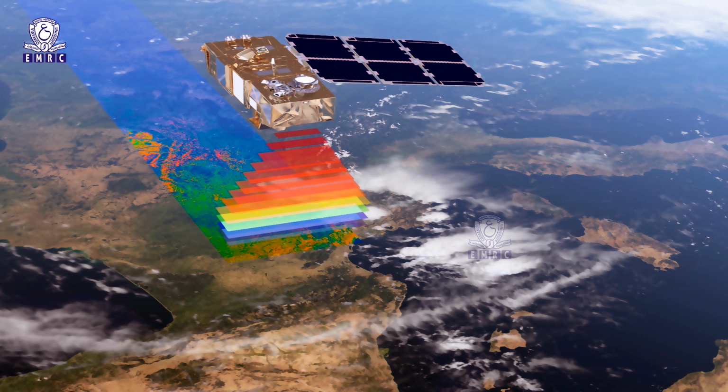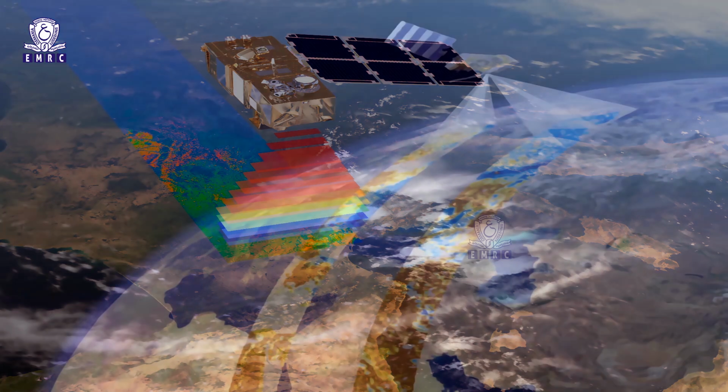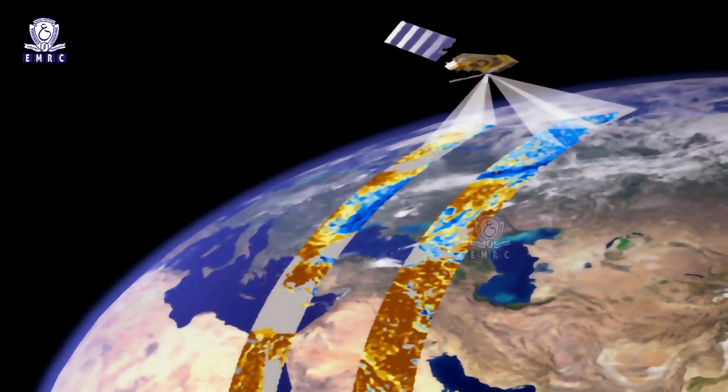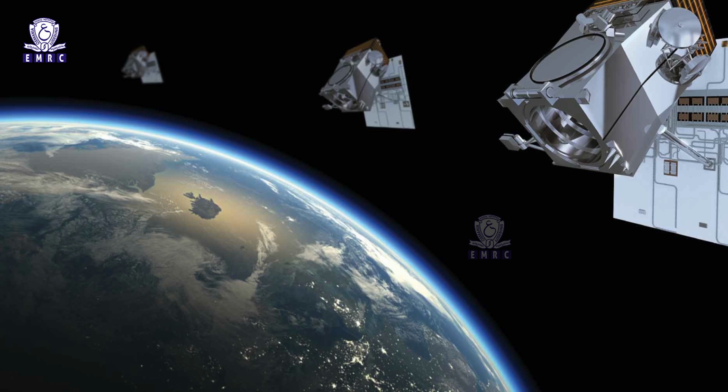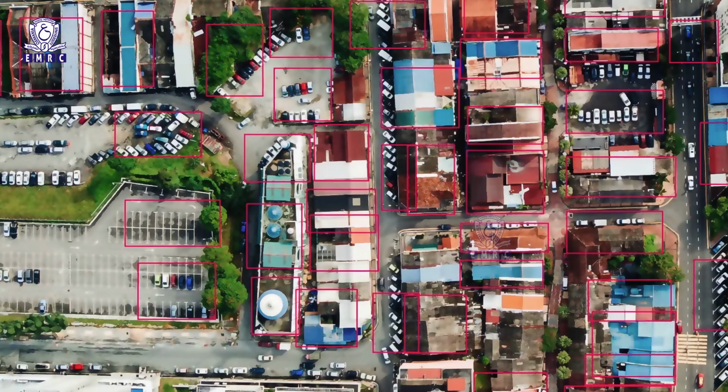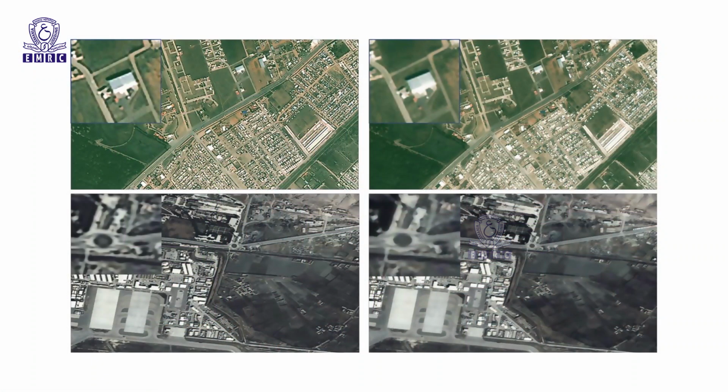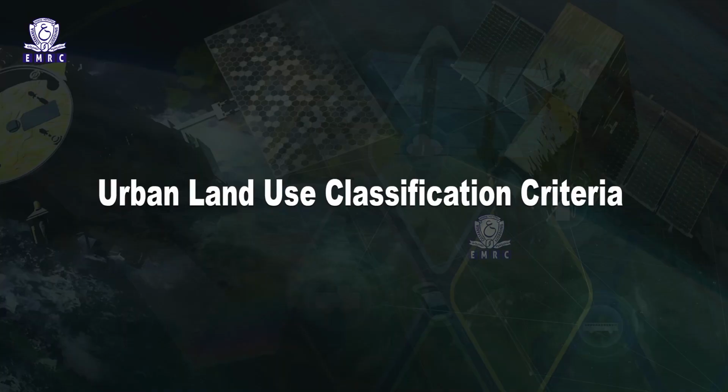High spatial resolution satellite data are highly beneficial in the context of complex urban areas, where the relatively small size and complex spatial patterns of the component elements, for example buildings and roads, have restricted the use of low resolution spaceborne sensors. These new images thus increase the amount of information attainable on urban form at the local level. Urban land use classification criteria.